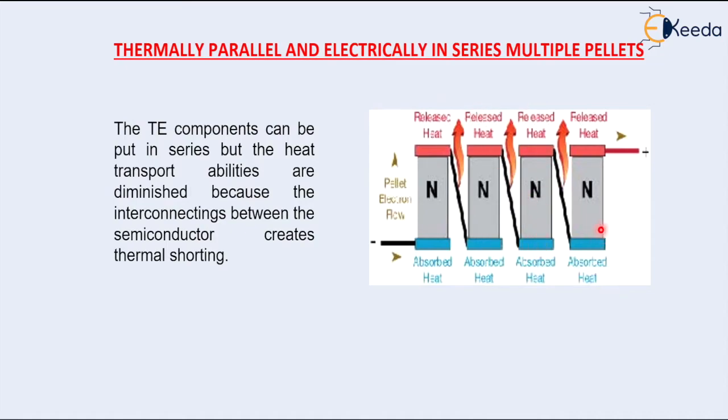As the heat will flow like this, that is a parallel arrangement, and there is an interconnection. This is the interconnection. Because of this interconnection, there will be thermal shorting. The heat will flow like this, and between these there is thermal shorting. Because of that, the efficiency of this system will reduce. Losses are there. That means less heat will be rejected, or less heat will flow from here to here. You can easily check like this.